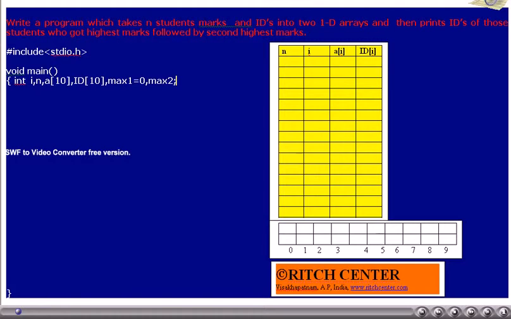In addition, the variables I, N, max1, max2 are also declared, and max1 is initialized to 0. Max1 is used to store the highest marks and max2 is used to store the second highest marks of the class.